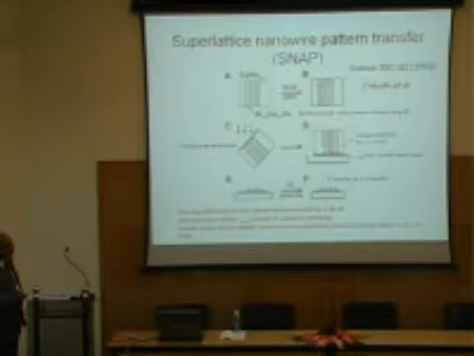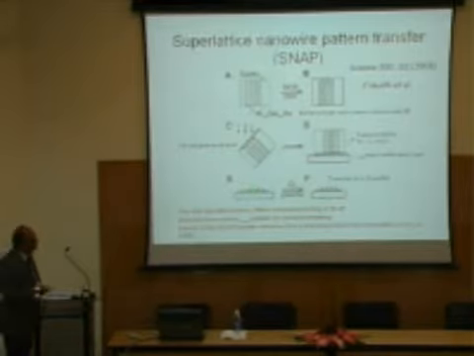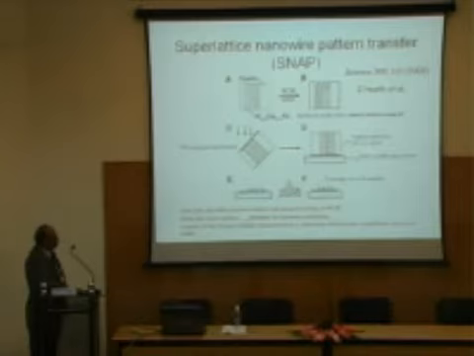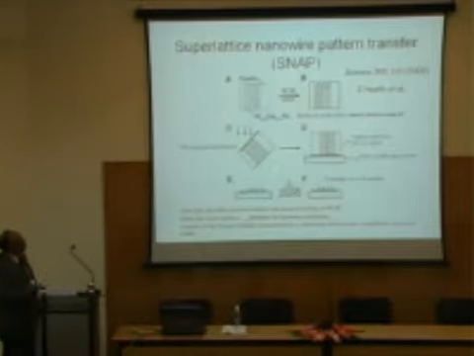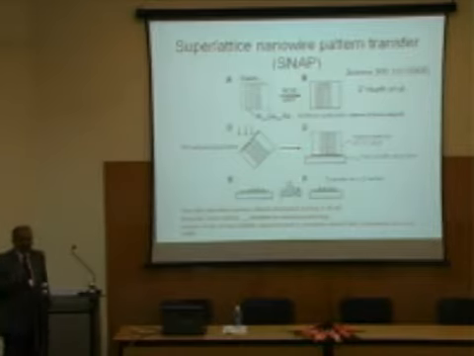you basically can transfer it on a silicon substrate. Okay, so basically what you are doing is you are making a lattice, you are designing a lattice, and you are transferring it on a substrate. That's why it's called a superlattice nanowire pattern transfer. So these wires have now been transferred onto the silicon wafer, which was at the bottom. Okay, in between there is an epoxy resin which can be burnt away. So this methodology is very popular today to make fine wires of metal or silicon by which you can make